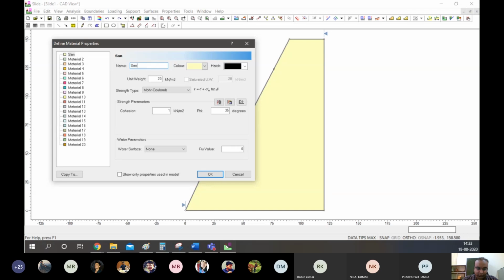So yesterday we also took sandstone, right? Let's take it again. We can change the color, let's put some different color into it, maybe orangish, yeah, light orange. And the unit weight in kilonewton per meter cube. So it's basically the kgs into 9.8 divided by 1000, right? So 2100 into 9.8, it will be around 20 only, but let's keep it 21, just for the sake of simplicity, right?